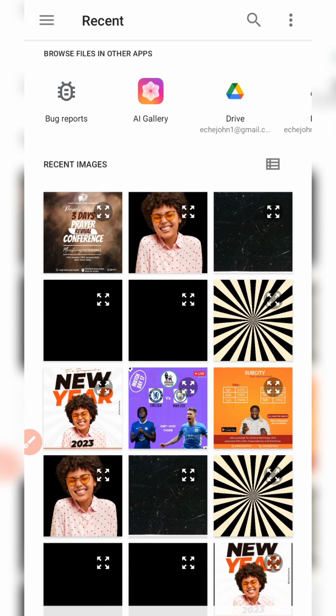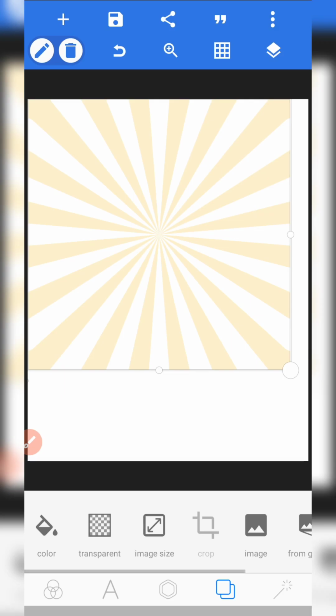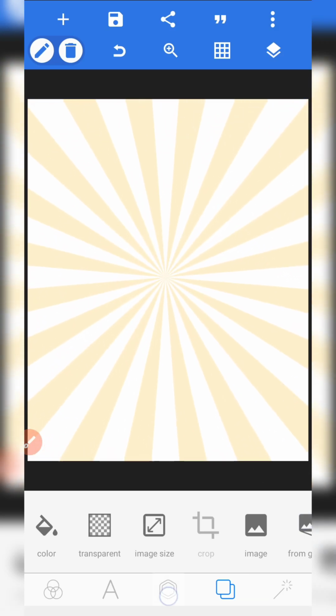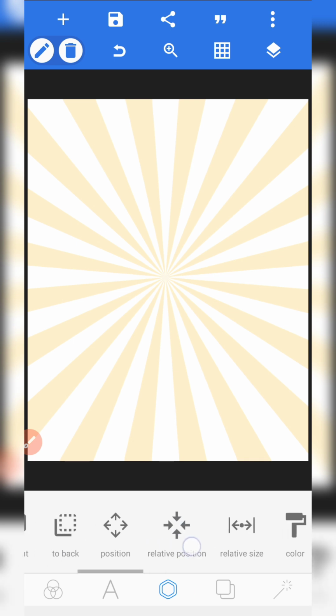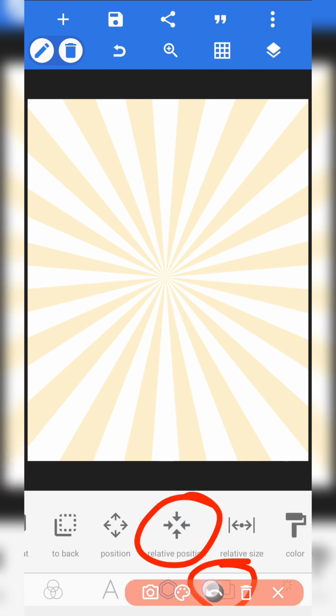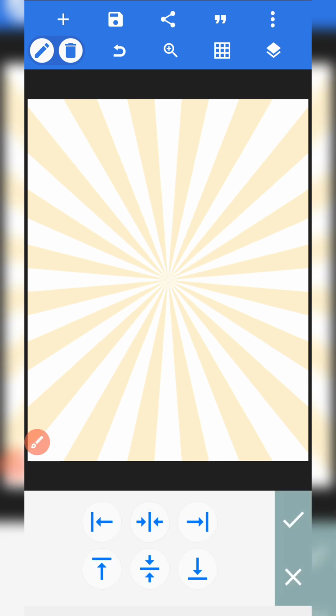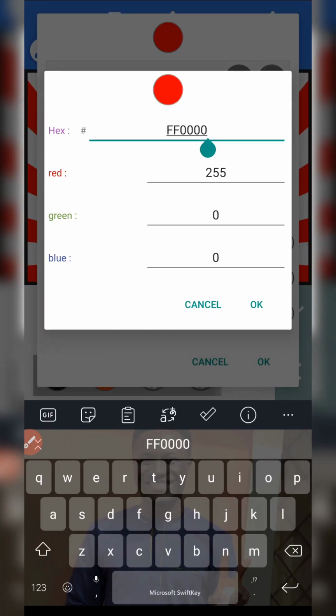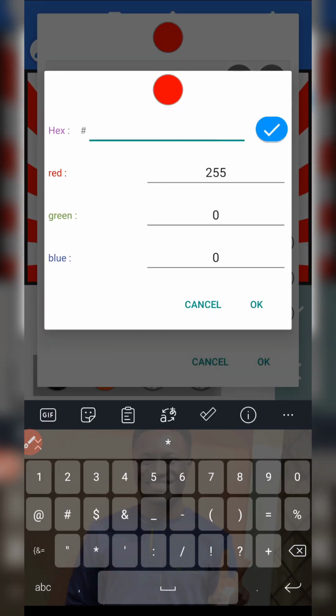Okay, I want you to bring this in, the sunburst ray, increase the size so it covers all your design. Go over here to relative position, click on it, center and middle. Go to color and we're going to reconfigure this color. All right, the color is going to be F0